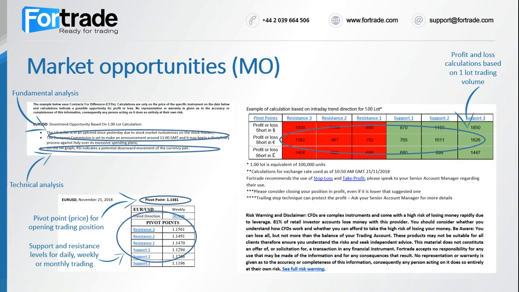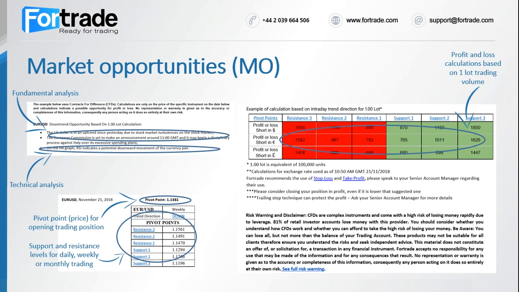So here's an example of a recent market opportunity. You can see fundamental analysis on what's going on with the euro-dollar currency pair. You can see that this is a downtrend opportunity over a weekly period, since our analysis suggests the euro would decline in value against the dollar. At the top, you can see some geopolitical events and fundamental analysis that can influence the euro-US dollar currency pair. For example, the part on the EU and its disagreement with the Italian government over its budget, which has put